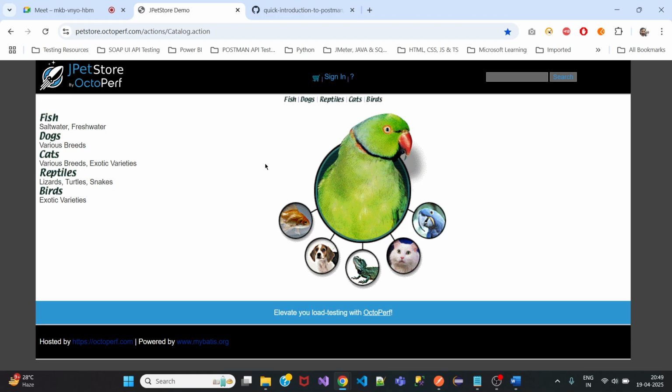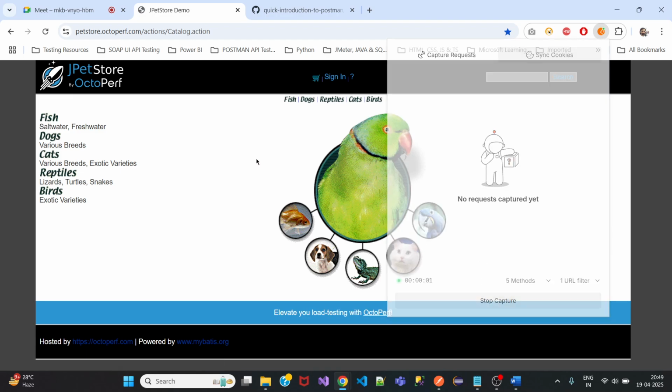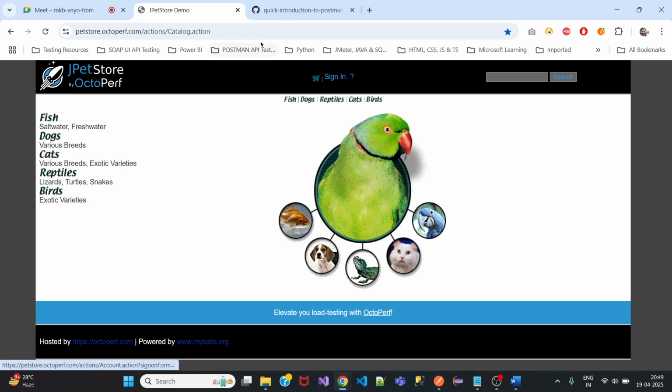Then you have been asked to test APIs. How would you do it? You know that we use Postman Interceptor. Now, I just wanted to complete the flow so that it will be easy for you to understand. Then I click on Start Capture, and